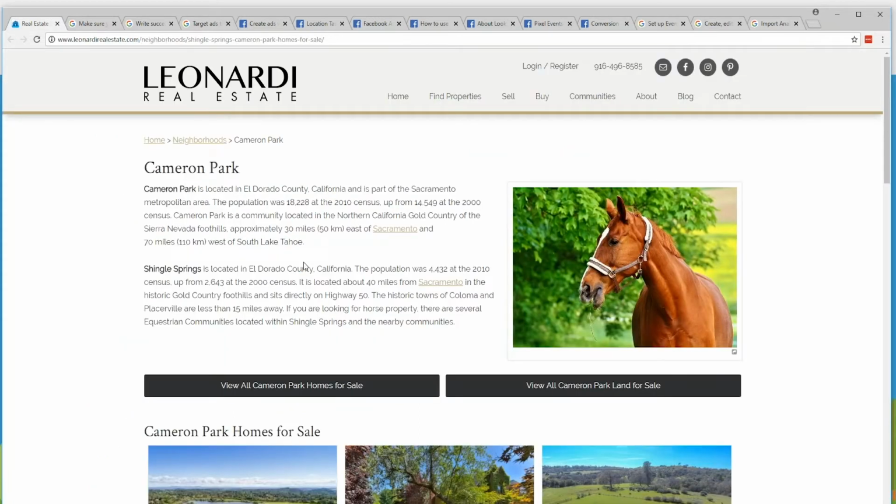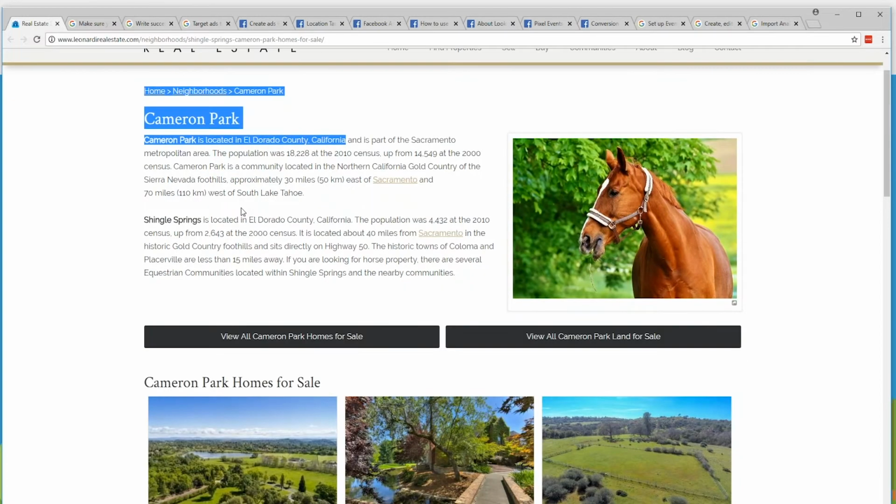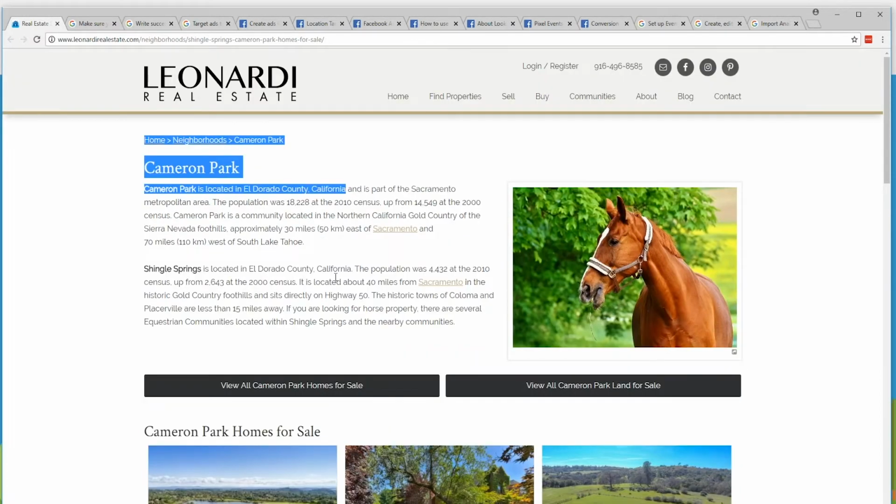So in order to make sure that your ads are relevant, you would pull ad copy out of your actual landing page. With each ad, extended text ads are composed of 2 headlines, 25 characters each, and then one description that is 80 characters. And so I would say something like, houses for sale in Cameron Park, and then your description could say Cameron Park is located in El Dorado, California, part of the Sacramento metropolitan area, something like that for a description,